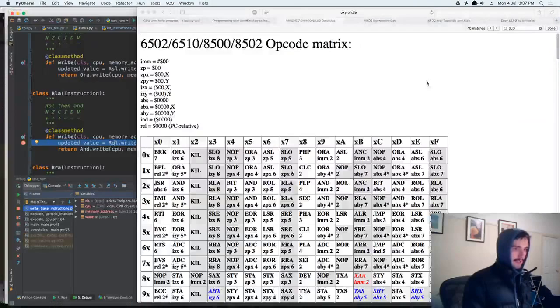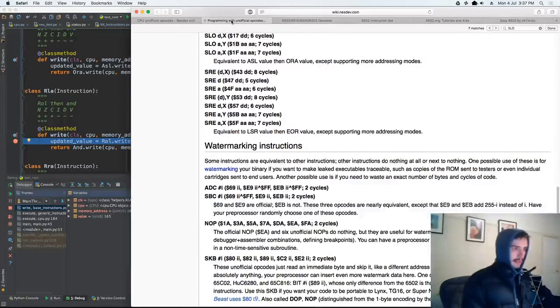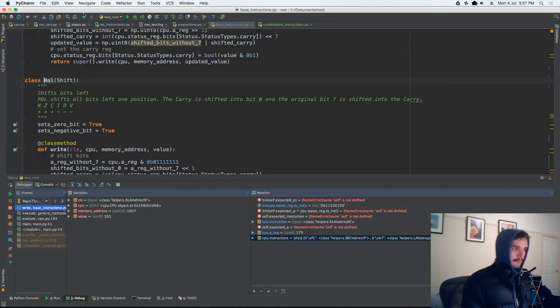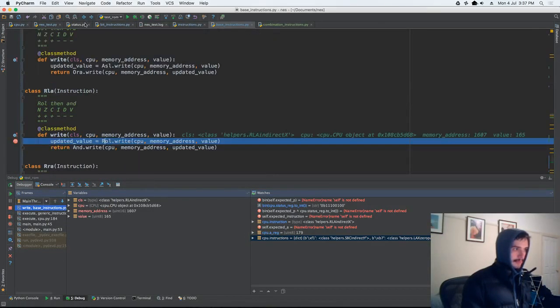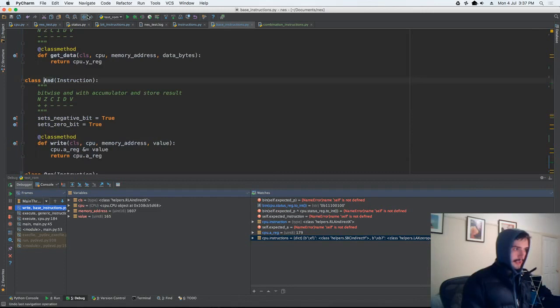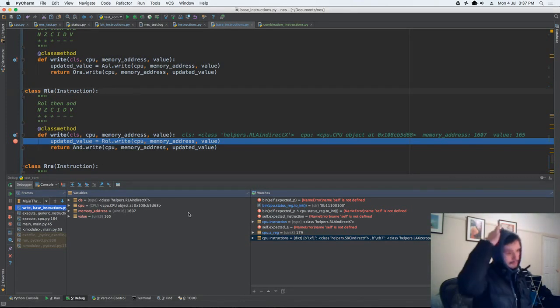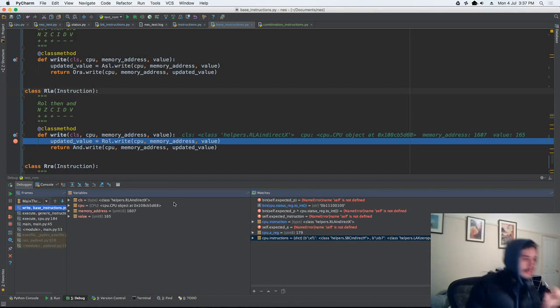And an RLA, ROL, and then AND. ROL, and then AND. Cool. Alright, so we're using indirect addressing, which means that we're going to have to,